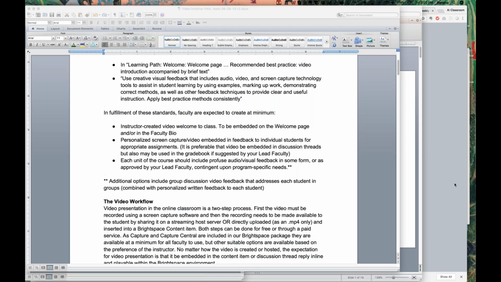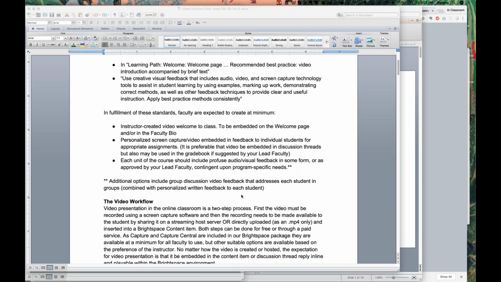So alternatively, and when I say video, a video of you talking into the camera, it doesn't have to be a screen share per se. You could do audio and then also include images in the gradebook or the discussion area to supplement it. Or you could do a PowerPoint presentation, which may not be the most efficient way to respond to a student, but you could embed audio into that because that's a built-in feature of PowerPoint. So that's a way you could combine audio and visual without doing a video per se. I think video would be the most efficient, but some combination of audio and visual is what they're looking for.